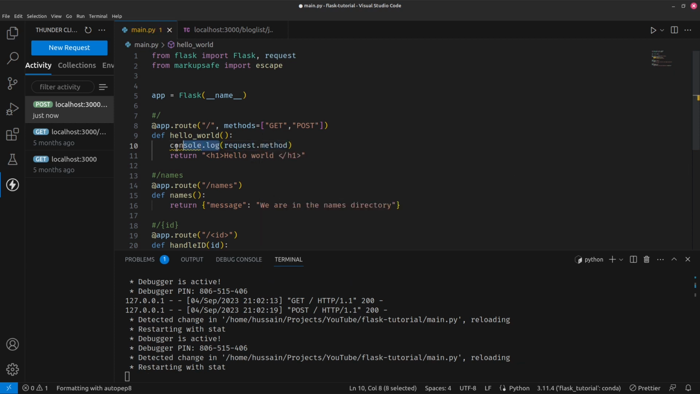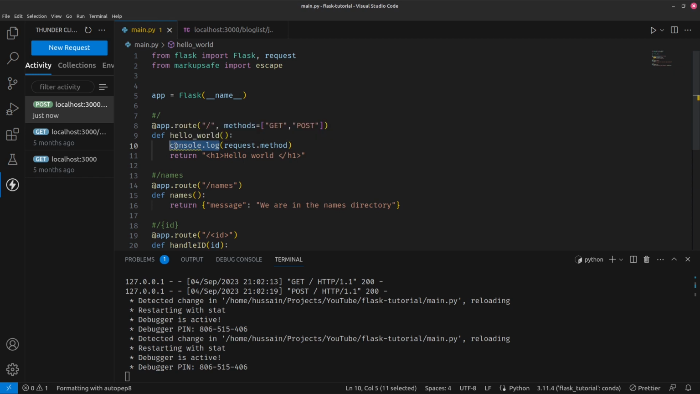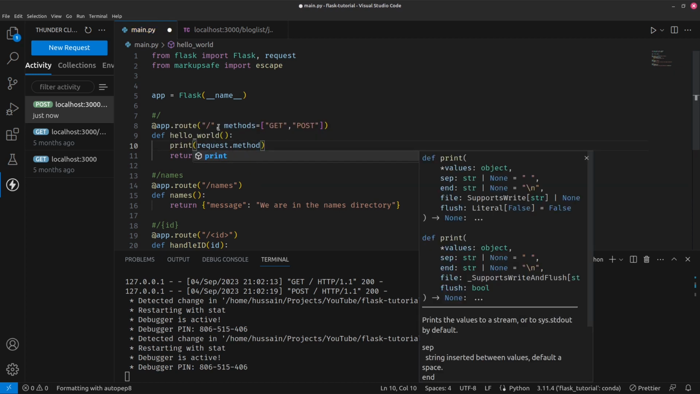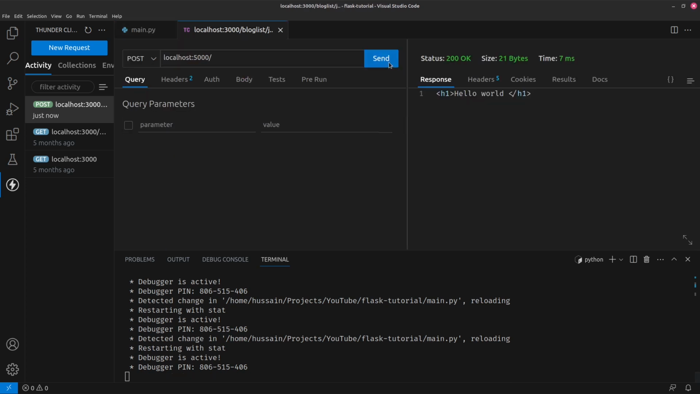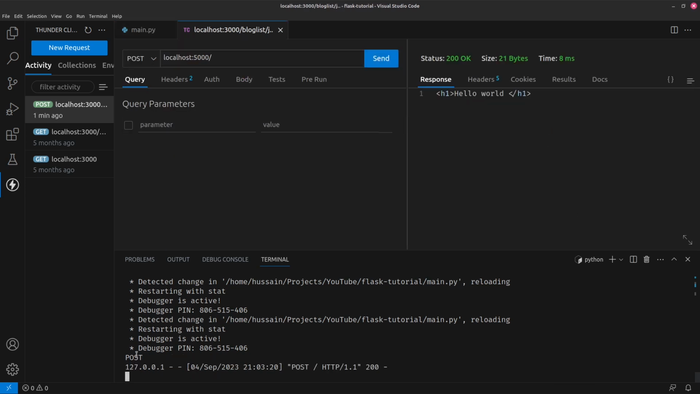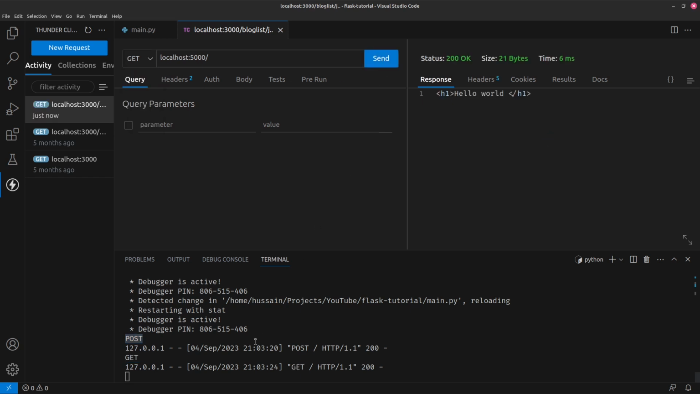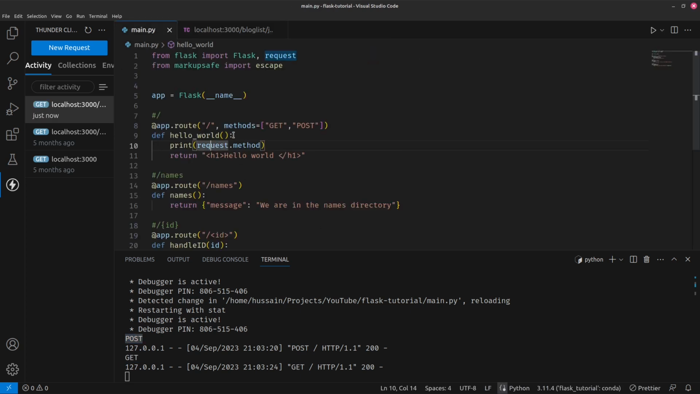Sorry, this is not JavaScript. Print request.method, and then let's see if it runs fine. If I do a post, yeah, you can see it's getting me the data I need. Since this is a variable, I can use an if or an else. So if request.method, let's say if it was a get,